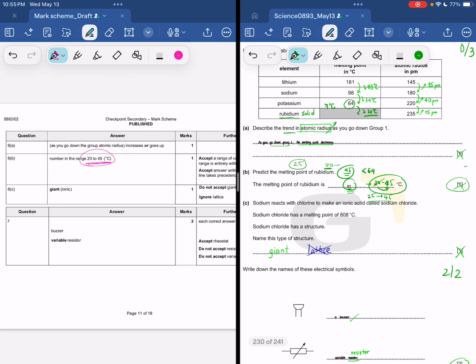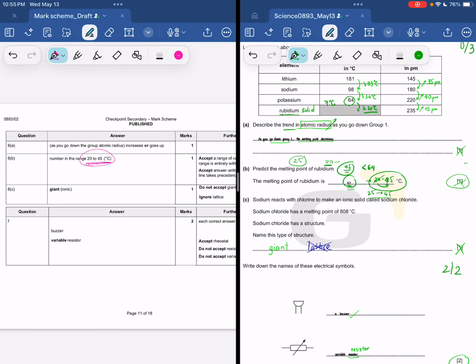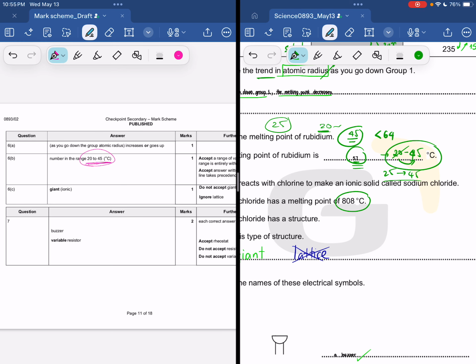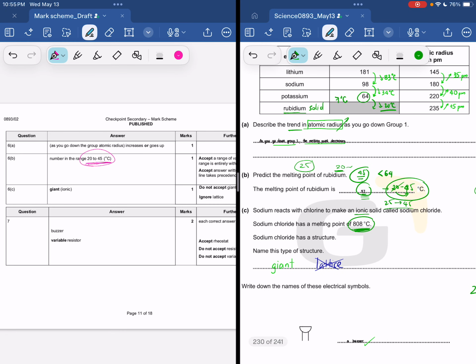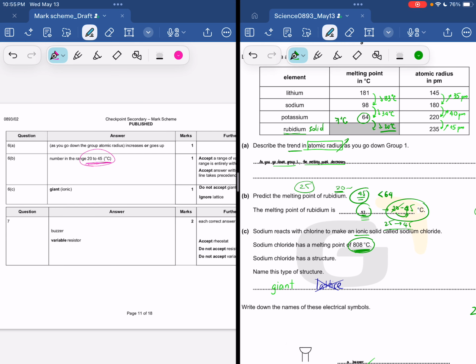Okay. And again here, for the C, did you notice this? They are ionic structure, yes, and the temperature is 808 degrees Celsius. Can you imagine how hot it is, right? Even boiling water at 100 degrees Celsius is really hot already. This is 808 degrees Celsius. So to break the bond between each molecule, it also requires a lot of energy. If it's a very high energy like that just to break the bond to bring it from a solid phase to a liquid phase,